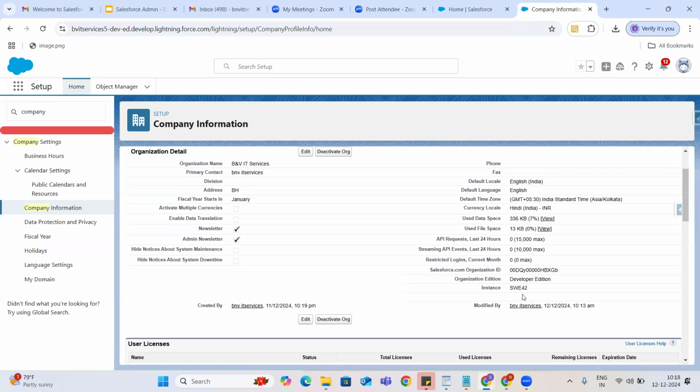That is the case whenever your org is active, but some functionalities are not working as expected. For example, you are trying to access the Sales Cloud application, but it is not working. Then you go to status.salesforce.com and check whether the applications are running fine on the Salesforce servers itself or whether they are going through any maintenance. To check that, this is the main one. This is always unique to each and every one, guys. SWE42 is my instance name.